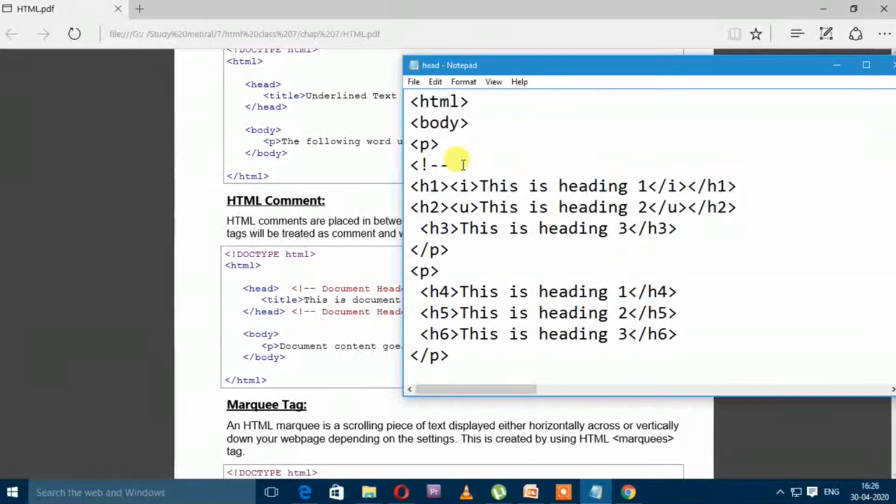After that we will write our comment, as I am writing para 1 for H1, H2 and H3.